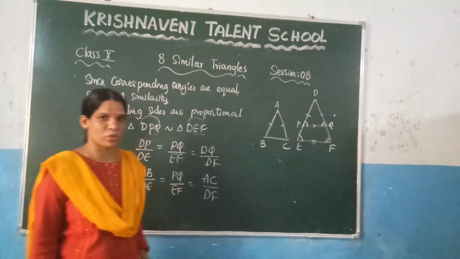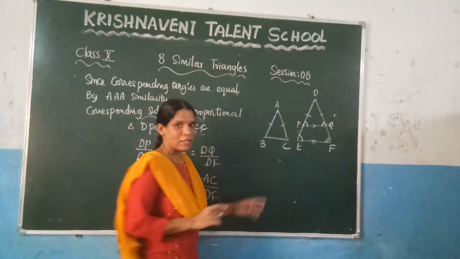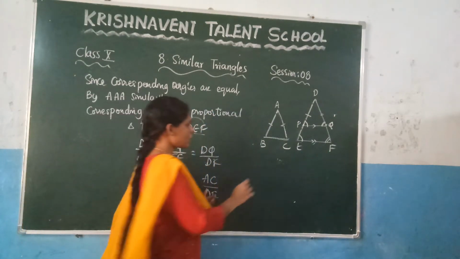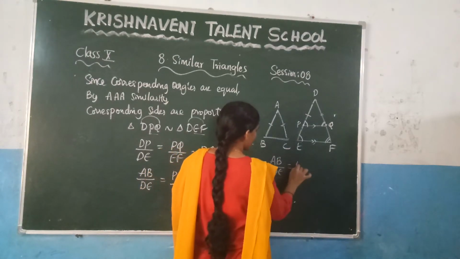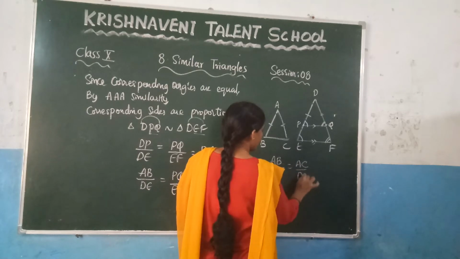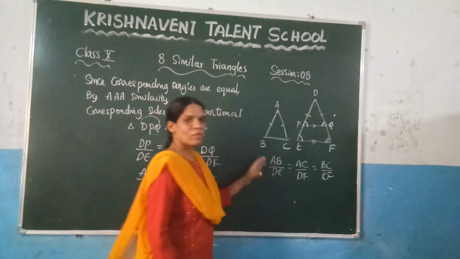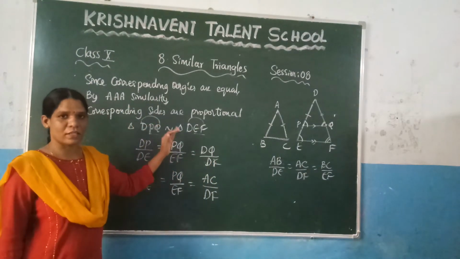And already what they have given in the question, they have given that the corresponding sides are proportional. So if the corresponding sides are proportional, what is the equation? At first we have written it at the given. Once check it. This is the equation, right? AB by DE is equal to AC by DF is equal to BC by EF. This is what they have given. You can see it here, in the given, we have written it as the first statement.